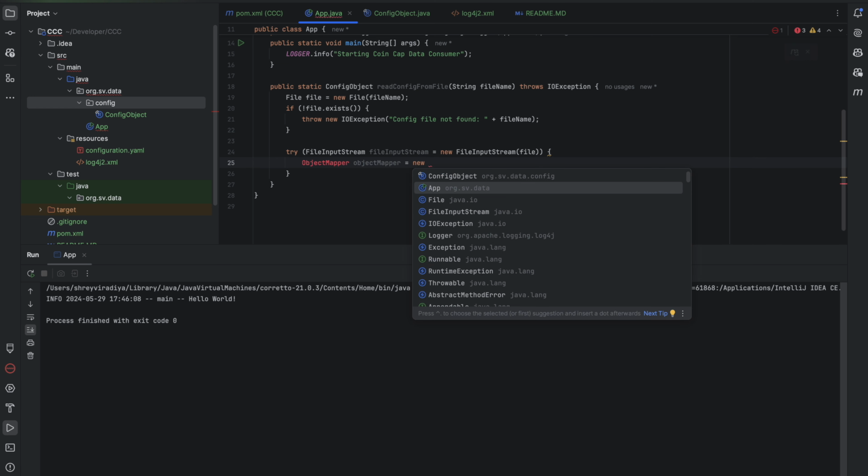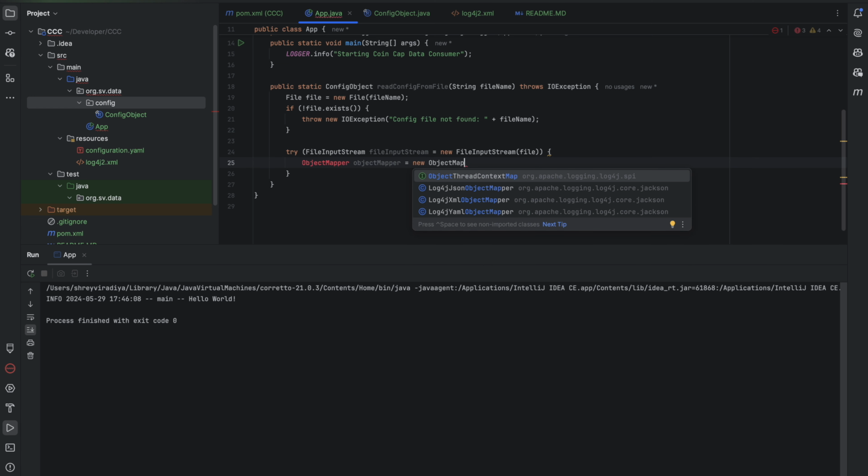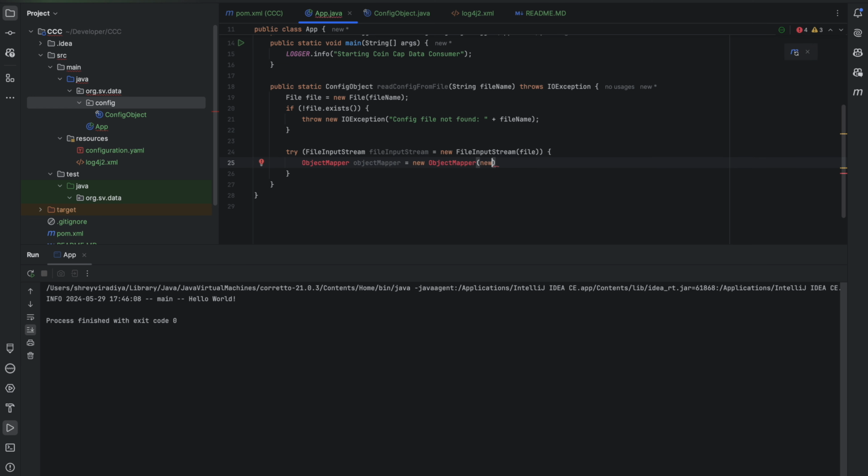What is ObjectMapper? ObjectMapper is basically a library, a class that will help me map my YAML file to a configuration object. I don't have that here. Okay, for that,